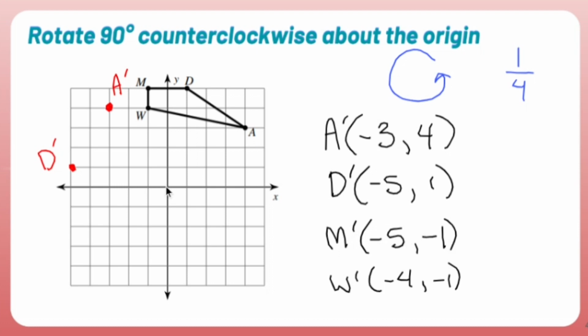So M prime is left 5, down 1, M prime, and W prime is -4, -1. 1, 2, 3, 4, 1. W prime. And now, of course, the part that I'm awful at, you connect the dots